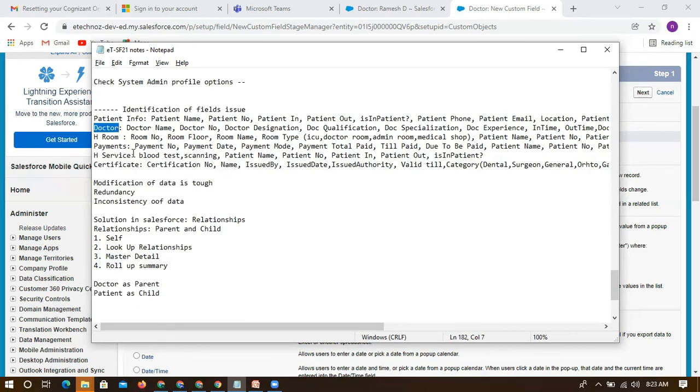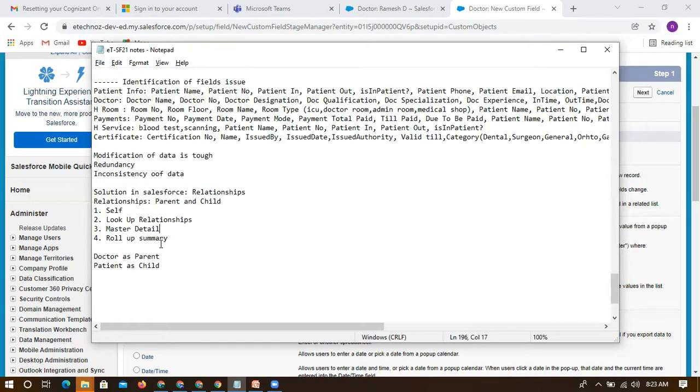There is a way: in Salesforce we go with relationships, and not only in Salesforce, outside of Salesforce also we have the concept of relationships. If you are dealing with any kind of data, we have to relate them. Mostly we can see lookup and master detail. But we need to identify who is parent and who is child, because this relationship works only based on parent and child.